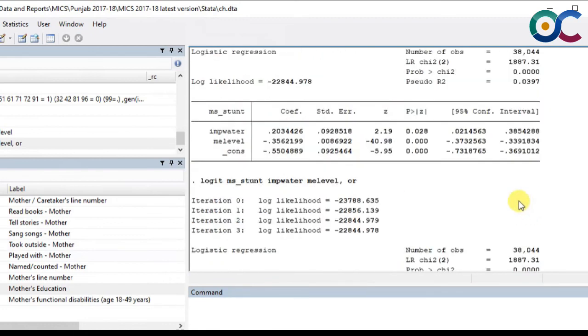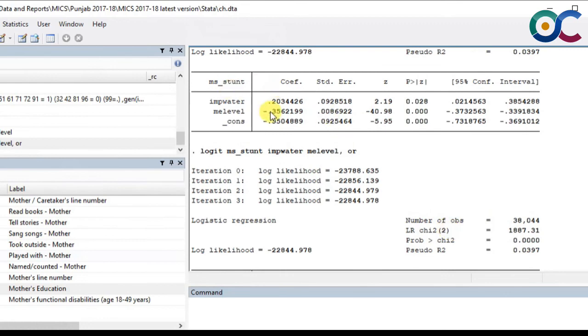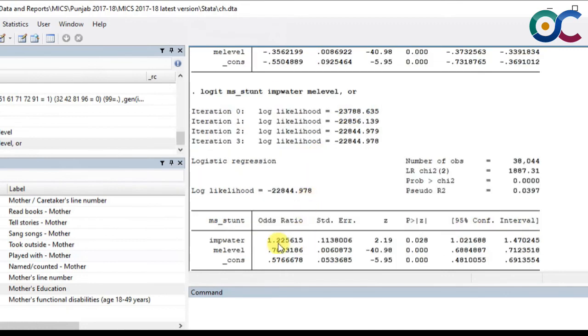If you see these p-values, they are exactly the same. The only difference is that these coefficients are now transformed into odds ratios, and when this value is greater than 1, like it is right here, it means that when we have improved water, the likelihood of getting stunted is higher. The interpretation of the coefficient becomes positive, like positive correlation between independent and dependent variable when odds ratio is